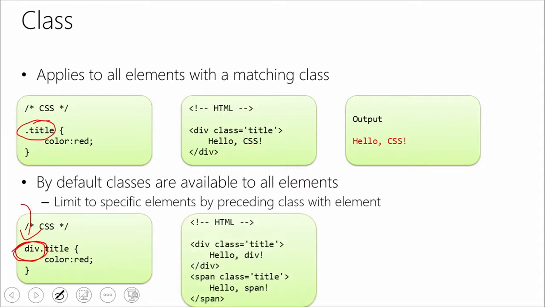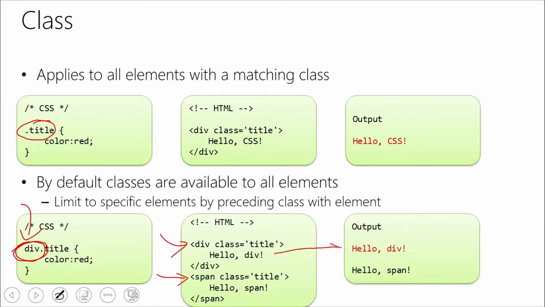So inside my HTML example, you'll notice that I've got a span tag here, and I've got a div tag here. So the result, when this is all printed out, is you'll notice that that will apply to my div, but it's not going to apply to my span. So my span is going to be whatever the default color is, but my div tag will actually have our